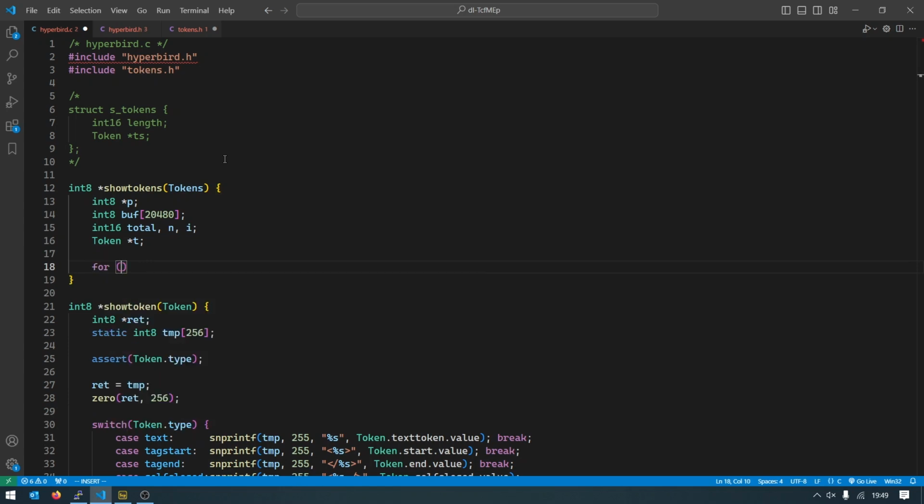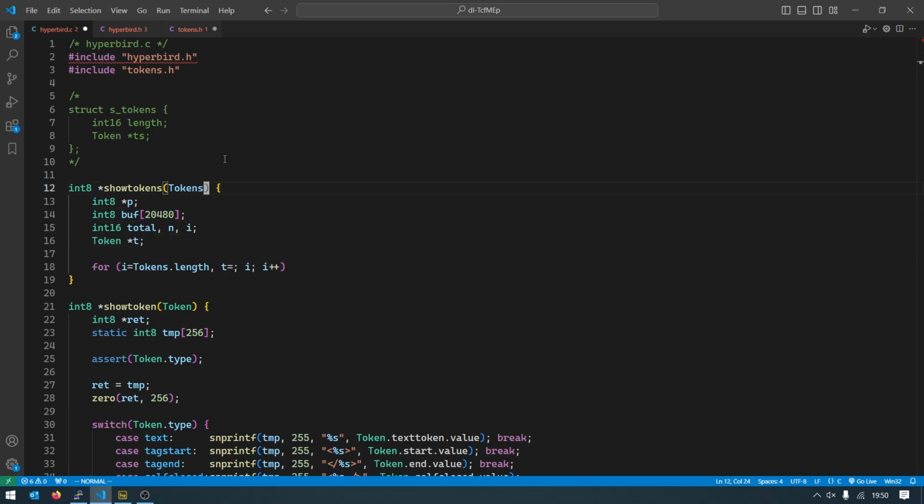We'll have a for loop where we set I equal to the token's length. And let's loop as long as we have an I. And let's just do I++. We can also set our t equal to,